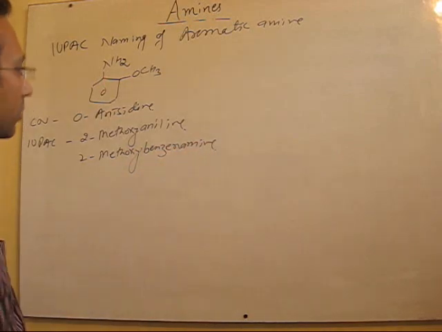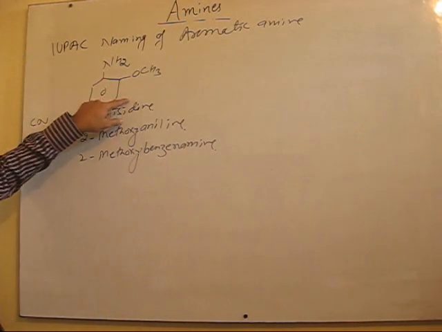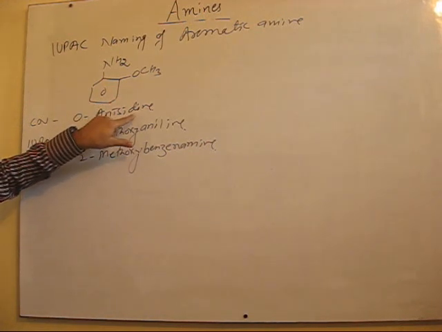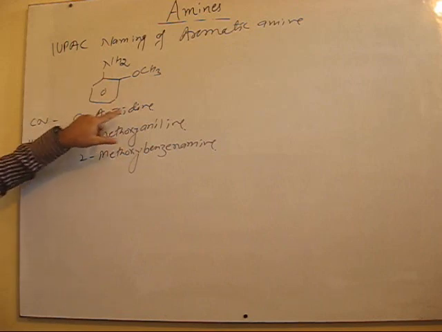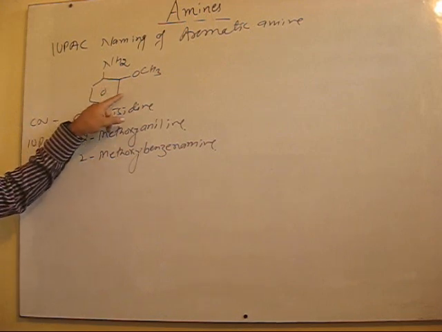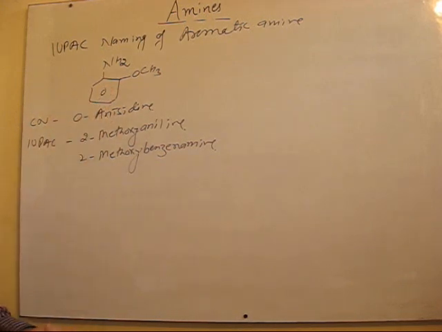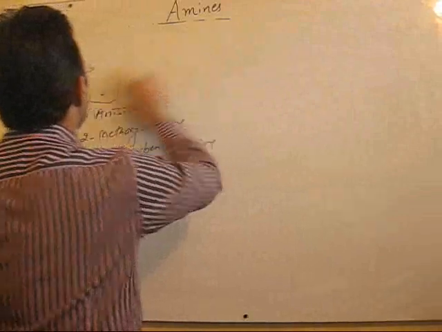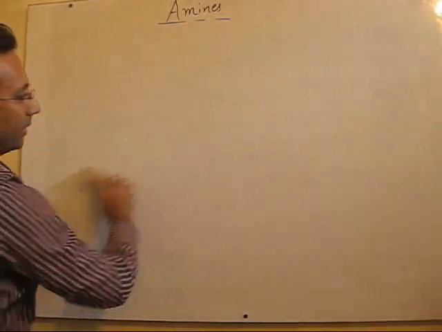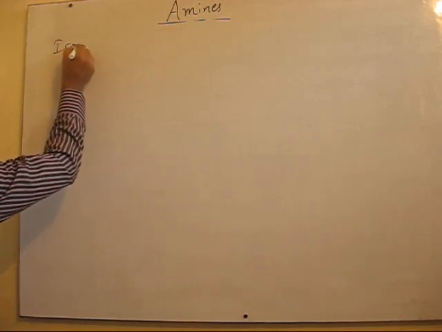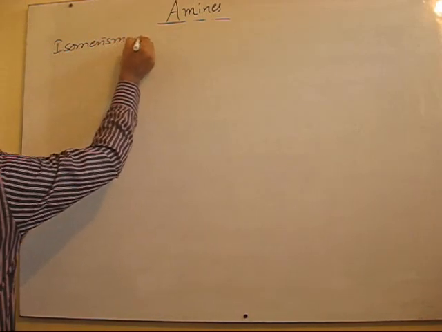Fine. Similarly, if you keep on changing its position, if it is at this position, then it will be meta-anisidine. If it is at para position, para-anisidine, right? Similarly, you can also change it as 2, then 3-methoxyaniline, then 4-methoxyaniline. Like that you can easily name it, fine. So I think this much is sufficient for IUPAC naming of different classes of amines, right? Now I will take up the next very important topic, that is isomerism in amines,